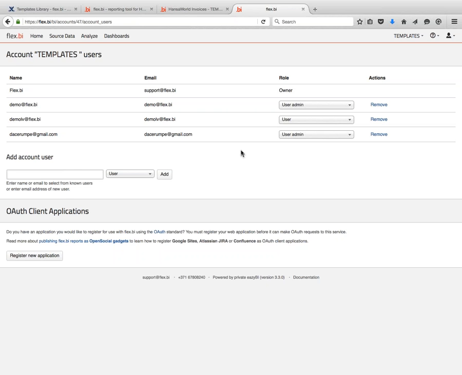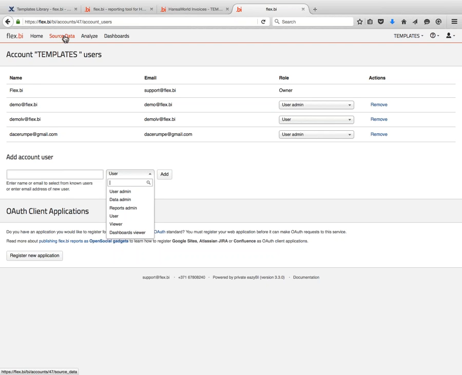User admin should be the person who is responsible enough to add users of any of your company. Usually it's a super admin or super user who is aware of all the accounts and knows what's happening and can help others as well. Data admin should be the person who is aware of your imports and the process, how the imports are going on, because the data admin is the only one who will see the source data